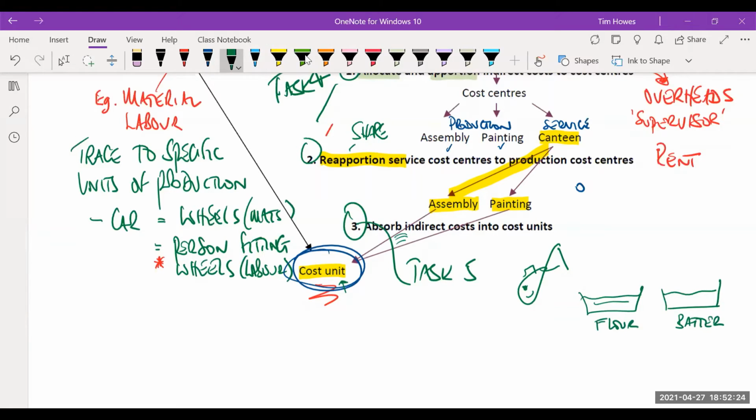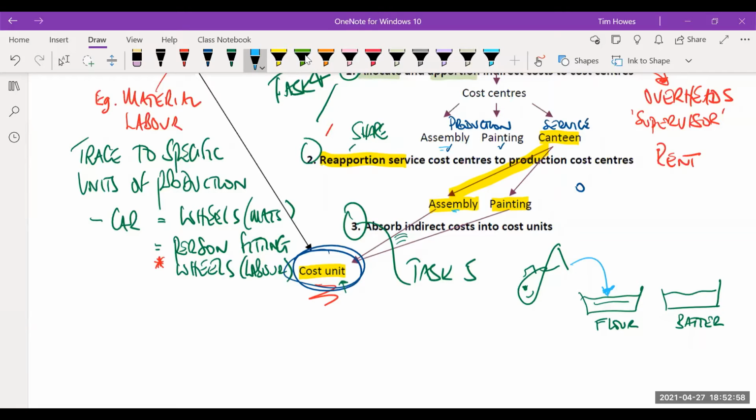If ever you go to a fish and chip shop and you say, I'd like some freshly cooked fish, please, the person behind the counter will take a nice piece of fish and dip it in the flour. Now, I'd like you to think that that's our output, our manufacturing process, being perhaps in the assembly department. When you dip it in the flour, some of the flour sticks to the fish. Of course, what I'm talking about is some of this overhead cost sticks to the unit of production.